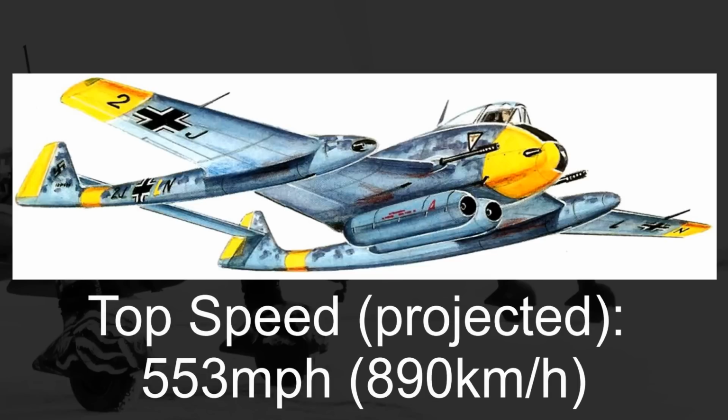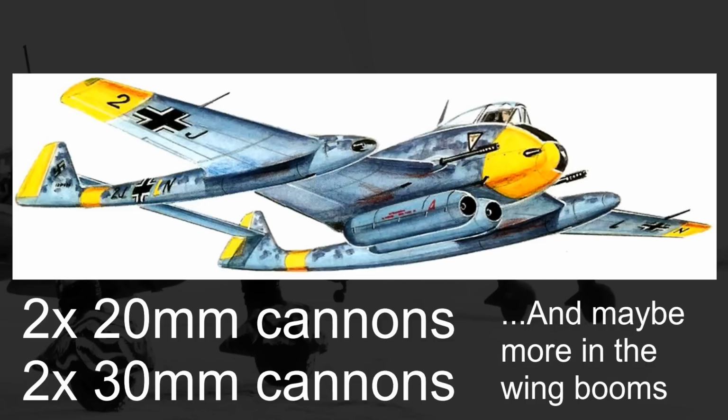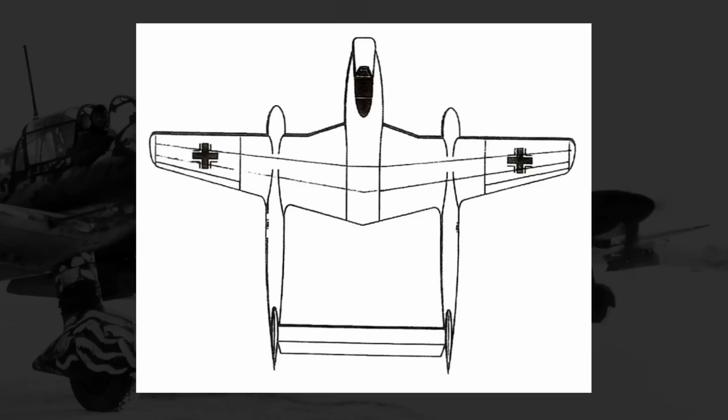The armament of the P-196 was more akin to just a broad ground attacker, with an armament of 2 20-mil cannons and 2 30-mil cannons in the nose, along with potentially extra guns in each of the wing booms. Carried inside those wing booms, in 2 small bomb bays, would be a combined maximum of 2,200 pounds of explosives. While all of its combined specs were incredibly promising, and the general design was pretty sound, and a lot more